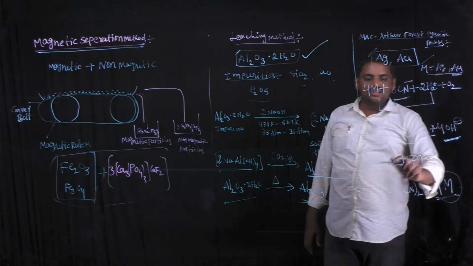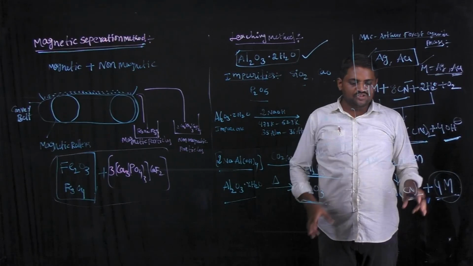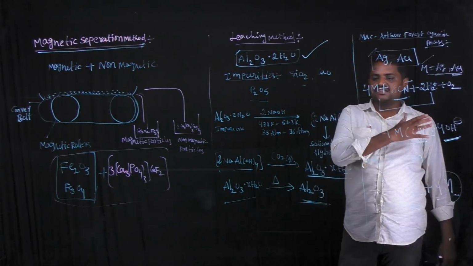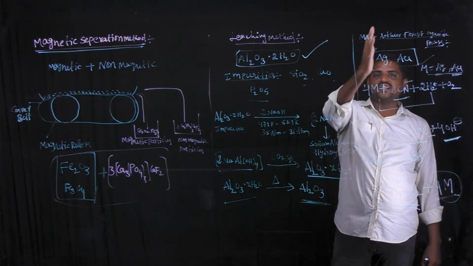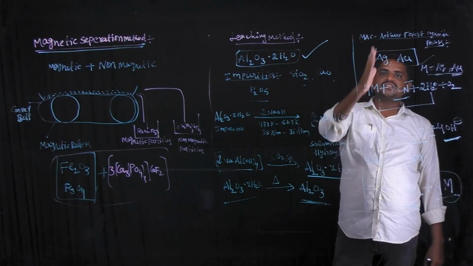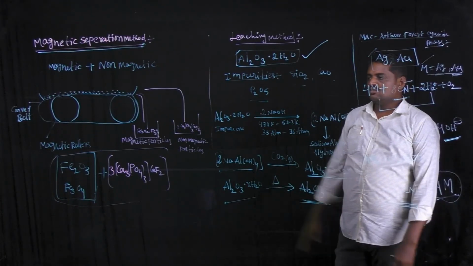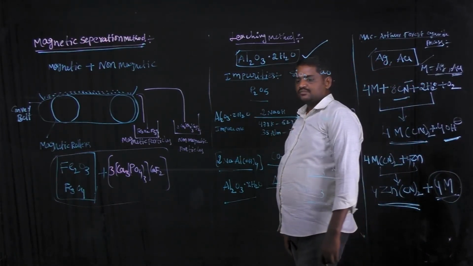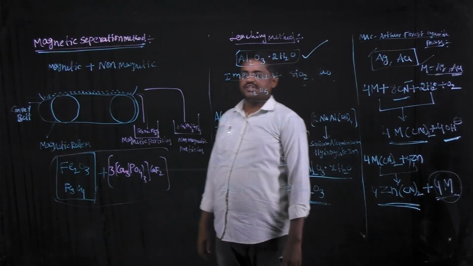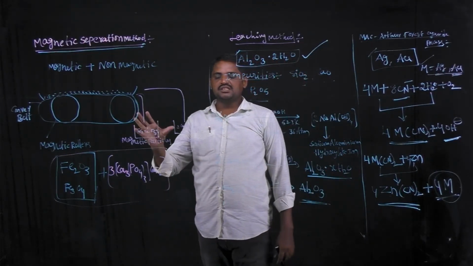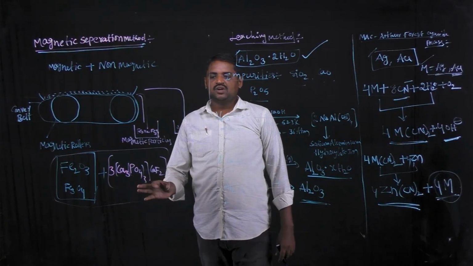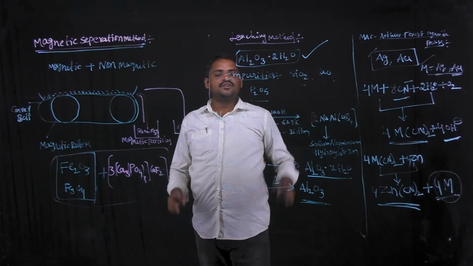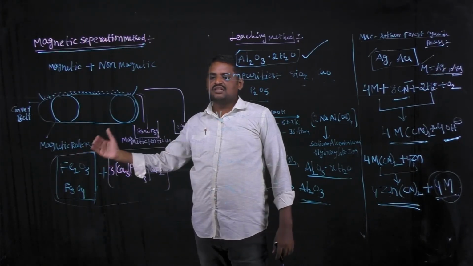And next, the metal cyanide ion reacts with zinc. It is converted to zinc cyanide ion, and the pure metals are eliminated. This is only used to concentrate two metals, silver and gold. So these three methods are concentration techniques in metallurgy: the magnetic separation method, the leaching method and the MacArthur Forest cyanide process. Okay, last class I discussed